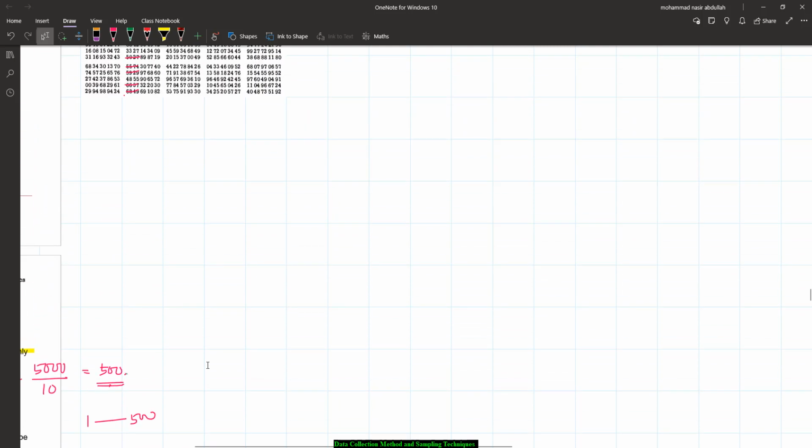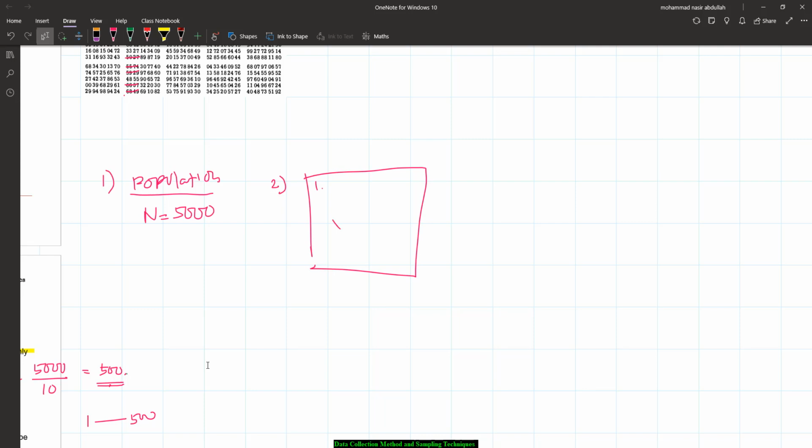So now, first we need to determine our population size, which is 5,000 lah. This is the population. So always remember the sampling process lah. First, population size, and then number 2, a sampling frame. So 1 until 5,000, a sampling frame. And then number 3 will be the sample size. So this is n equal to 10. I nak tunjuk contoh yang kecil so you can understand. And step number 4 is we're going to use a systematic